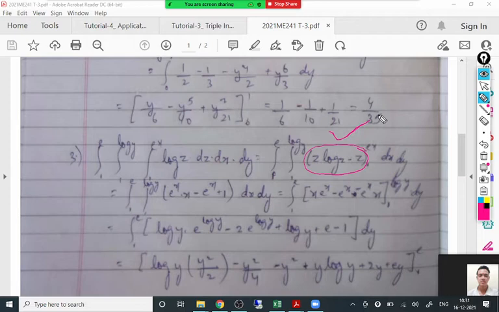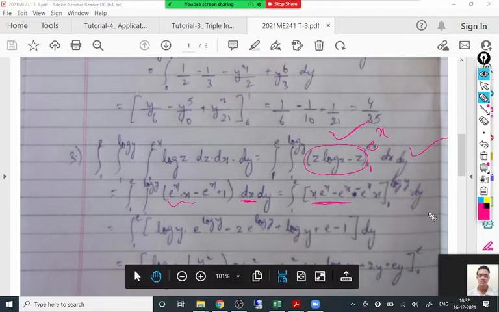The limits of z are given as 1 to e raised to x. It is not written correctly, 1 to e raised to x there. Okay. Then here you have to replace z by e raised to x and simplify. You may come across a step where multiplication is there and you have to integrate it with respect to x. So obviously we have to use by parts. So whatever these two terms written, it is by integrating by parts. And I think he left the integral of 1 is x. That is not written here, I think, but many of the students are still managing to get the correct answer.